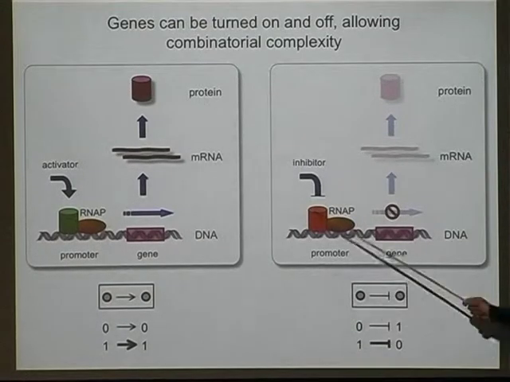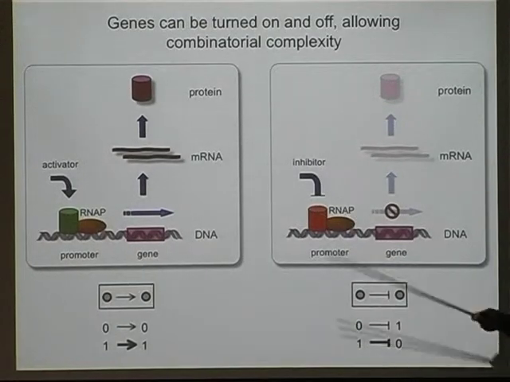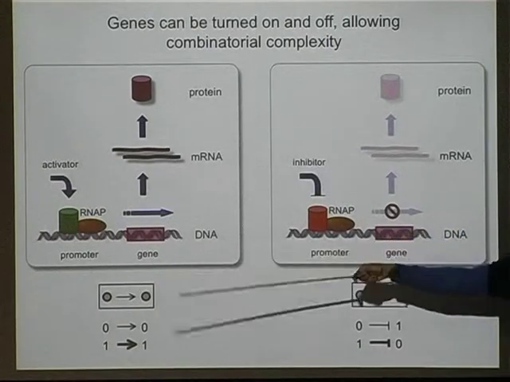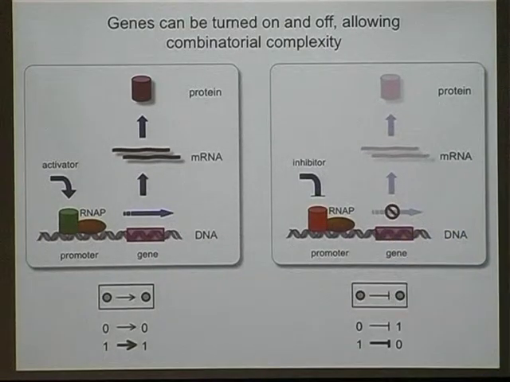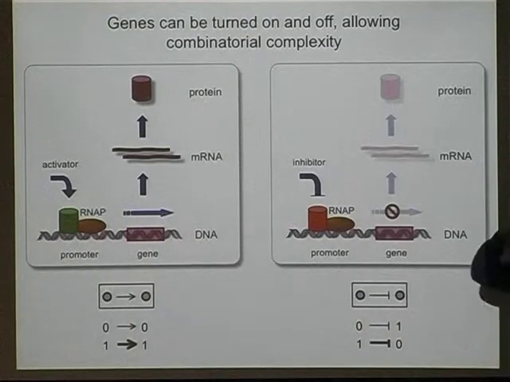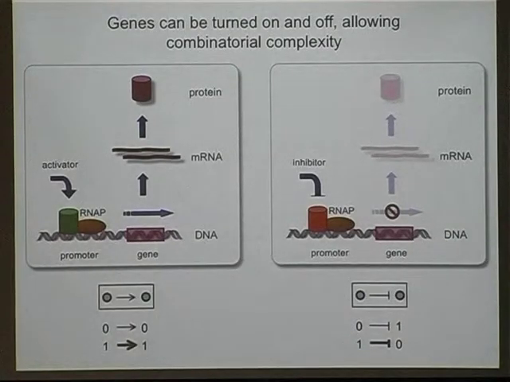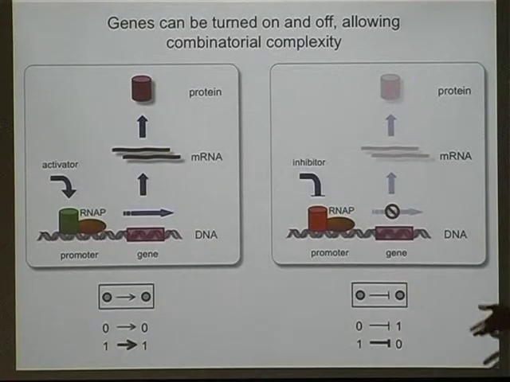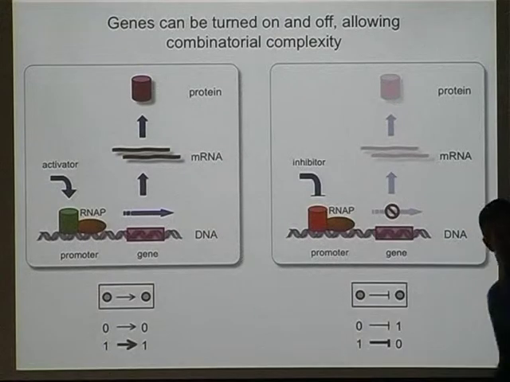Okay? Now you could ask, where does this protein come from? I haven't explained anything. Well, that's easy. This protein comes from some other gene, right? And that might be regulated by some other gene, and so on. But it's not sort of turtles all the way down because this loop can close. Yeah? And this is why, as soon as you realize genes can be turned on and off by proteins, you have to immediately realize that means there are genetic networks, genes that connect to each other. So let's talk about networks, right? I'm just going to use a very, very simple